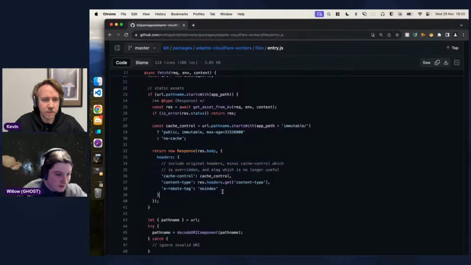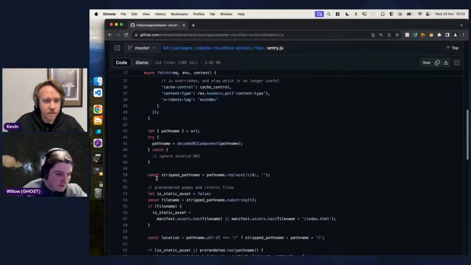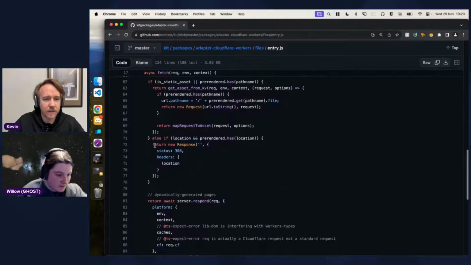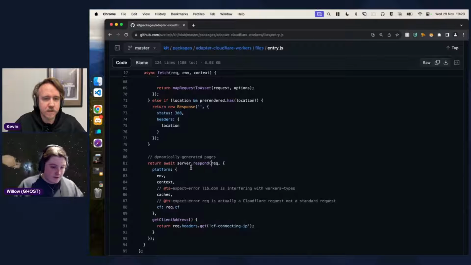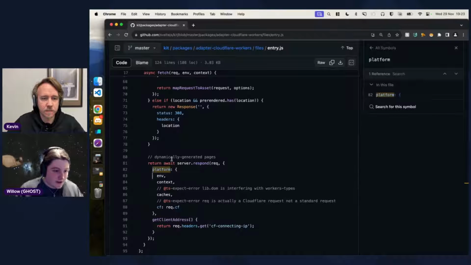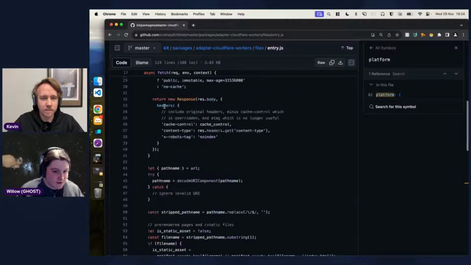Turn new response, this one. A little bit further down, this is handling static assets. Oh, right. Yeah. There you go, line 81. Yep. So that's actually kind of similar to in your hooks where you have the handle hook. This is just the actual thing that's going to be calling handle and other things, right? So it's the same thing. And if you go back to the other file,